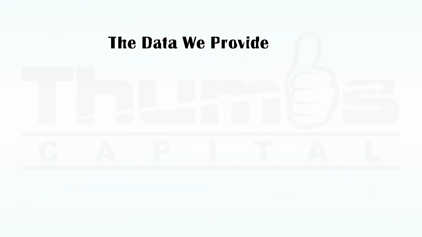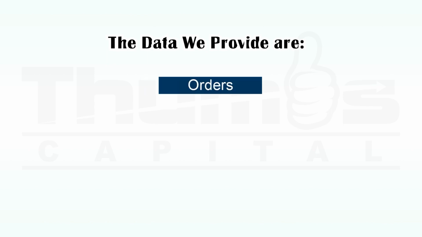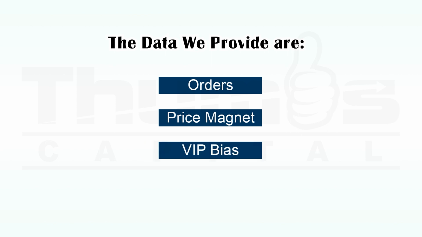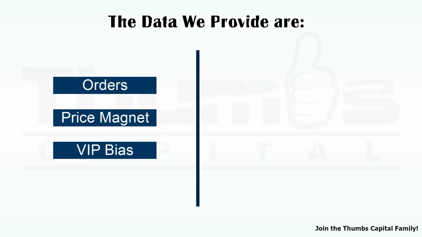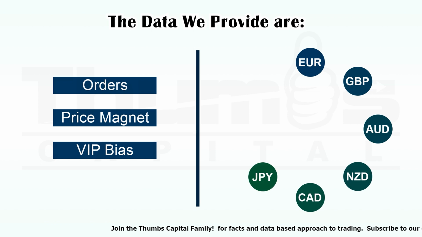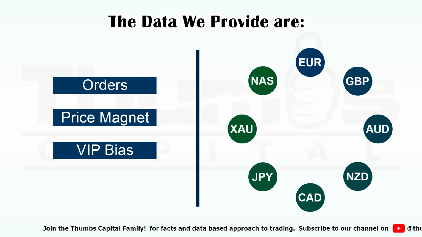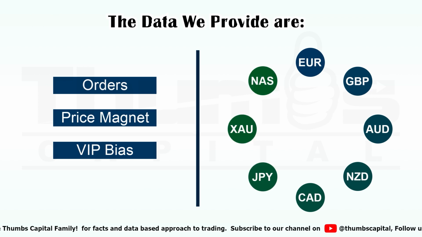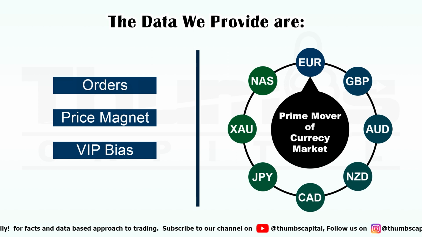The data we provide are orders, which include pending and active orders, price magnets, and VIP bias, which is basically active demand and supply. We provide these data for the euro, pound, Australian dollar, New Zealand dollar, Canadian dollar, Japanese yen, gold, and NASDAQ. It is important to note that out of all the currencies, the euro is the most important,